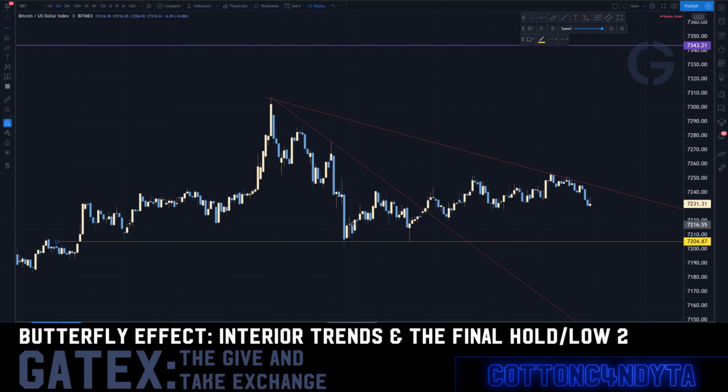Backside right there is hit, which gives you your next point that needs to be held, which is right here. This tests twice, that's fine. And then it gives you your next point here. So these are interior moments, right? Which gives you simply your next front side hold level right there, and so forth and so forth. Like it's all the same, right?